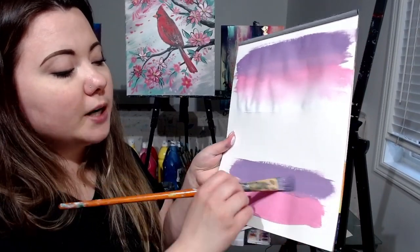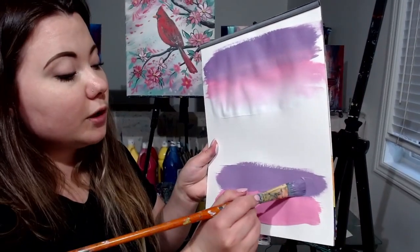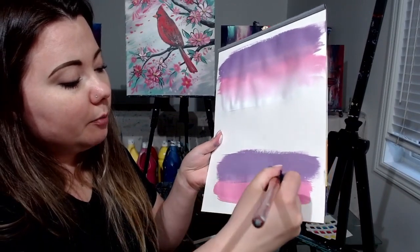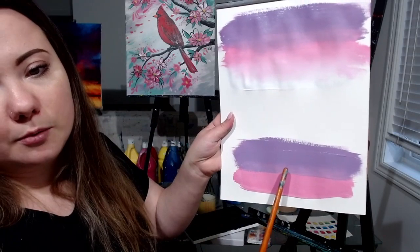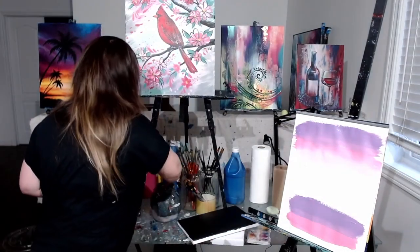And you see, you go right to the edge where these two colors connect. And even better if you can even overlap it a little. Do you see, I'm going to go a little bit over that pink and overlap it by this much. You see? Now, to blend on dry, what are you going to do? You're going to wash off your brush. So wash it off